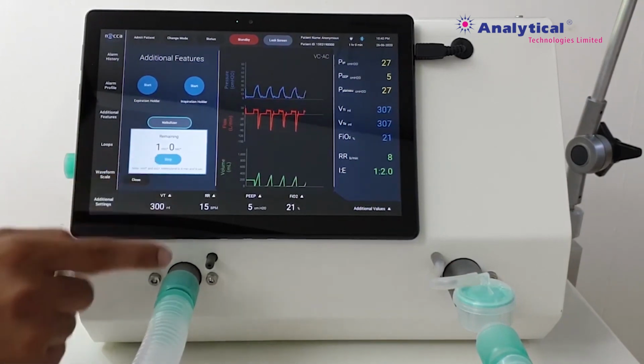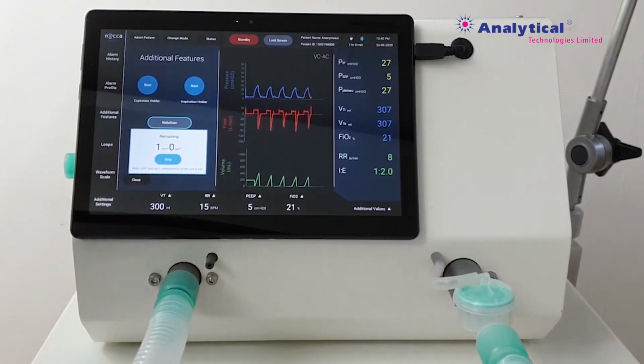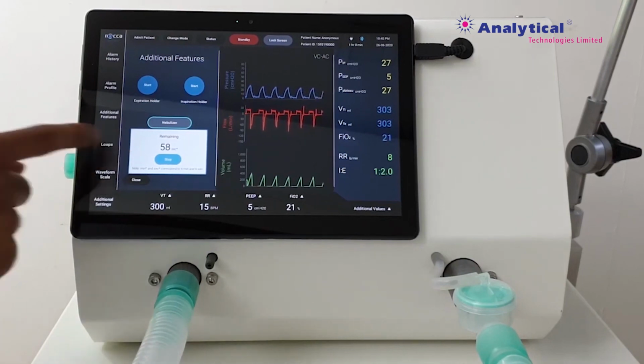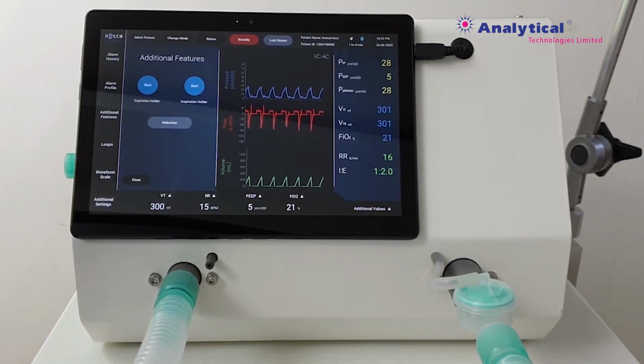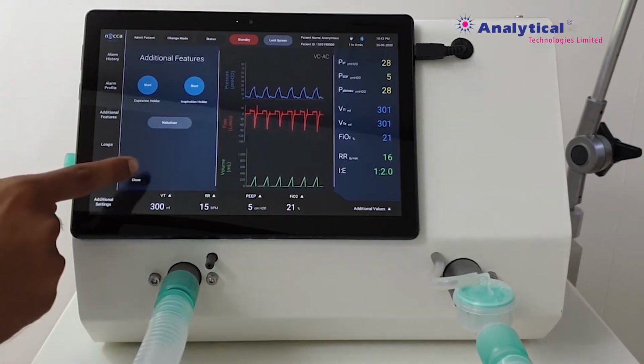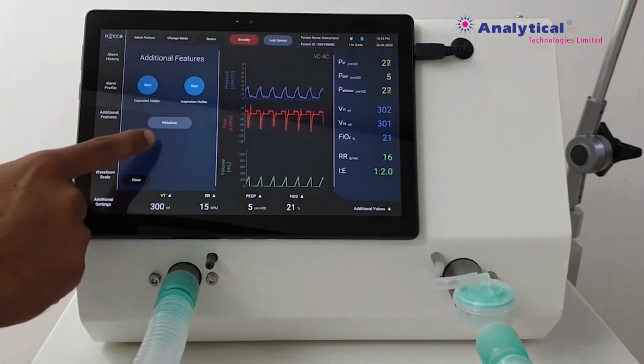A countdown timer appears. The nebulizer automatically stops after the specified time.